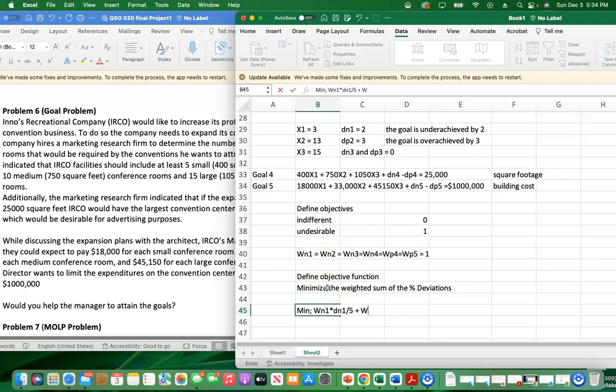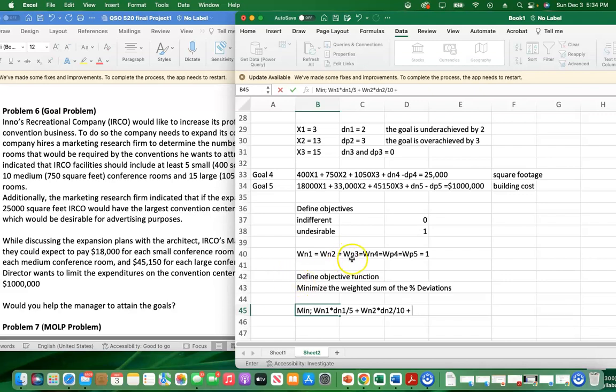We're going to assign weight to the deviation, which is undesirable for goal number 2. And we're going to look at the percentage deviation. And so that will be times DN2 divided by 10, plus,